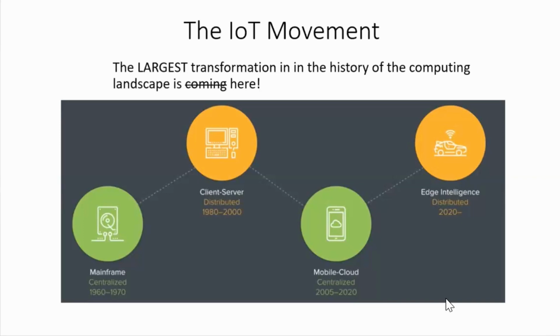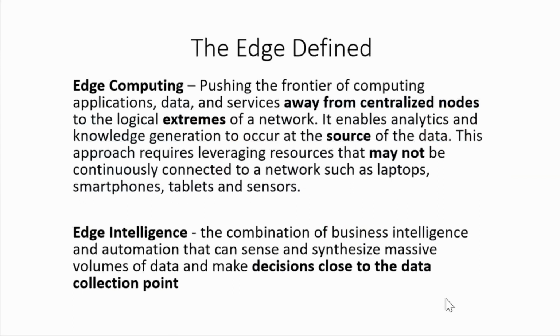I never understood how important and relevant this was for IoT. So edge computing is moving computing back to the edge of the network, to the device, to the Alexa device, to the smart car, to the sensors, okay? So that it enables analytics and knowledge generation to occur at the source of the data where it's being created, right? Obviously, you're going to have limitations there on what you can do because those devices are not going to have as much processing power, maybe in a smart car, as you would in an AWS cloud, right?